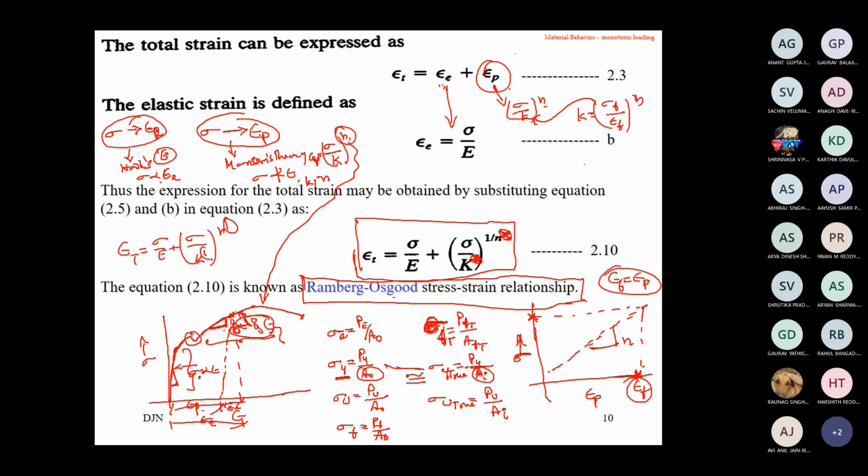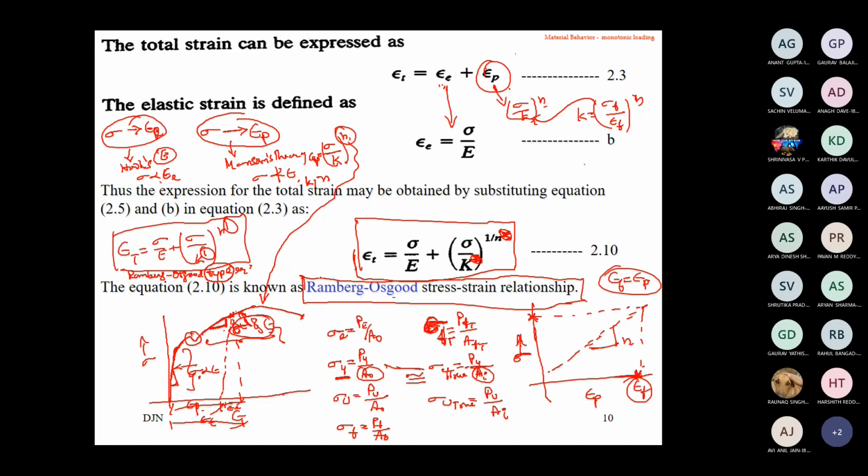Now you see here we are using K dash and N dash. So this type of equation, we say that this is Ramberg-Osgood type of equation. You see this word carefully, Ramberg-Osgood type equation. In your books also it is there. You see the difference. One place it is there as Ramberg-Osgood equation, another place it is there as Ramberg-Osgood type of equation.